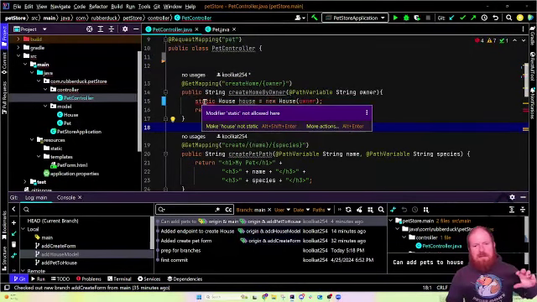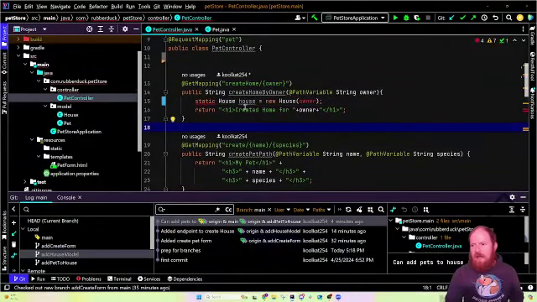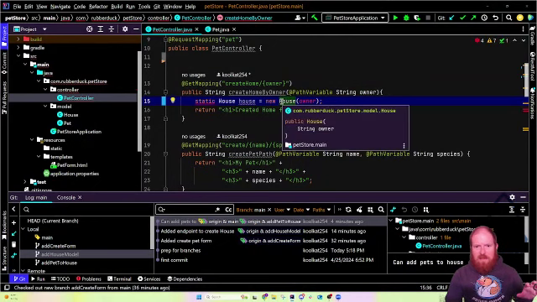But static means that it does not need to be instantiated. So static means that once this is set, then you're not going to do anything. So you're actually never going to have like this new house. You're going to set up a house, you're going to get it static, and then you're never going to